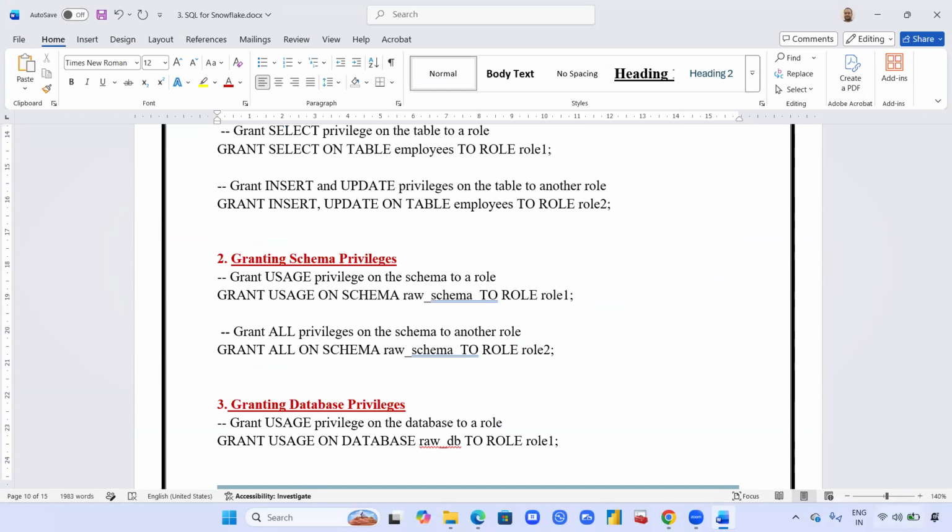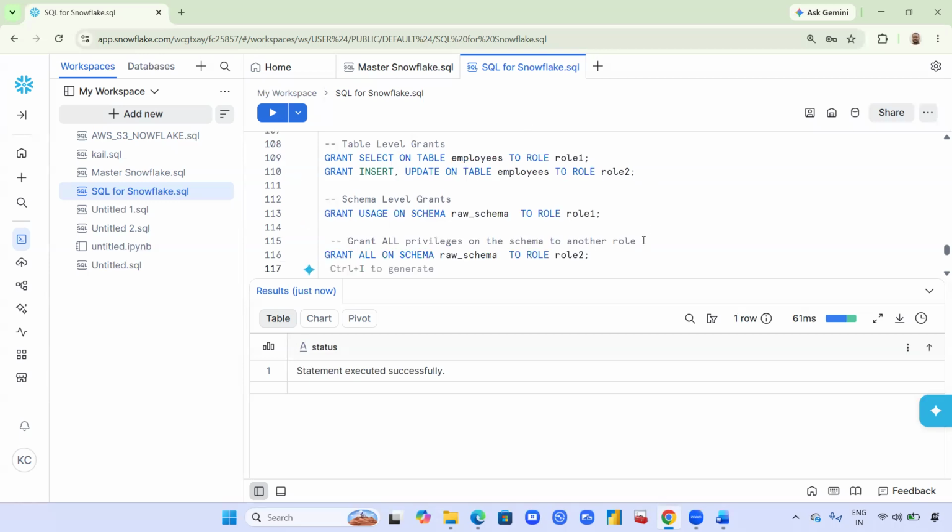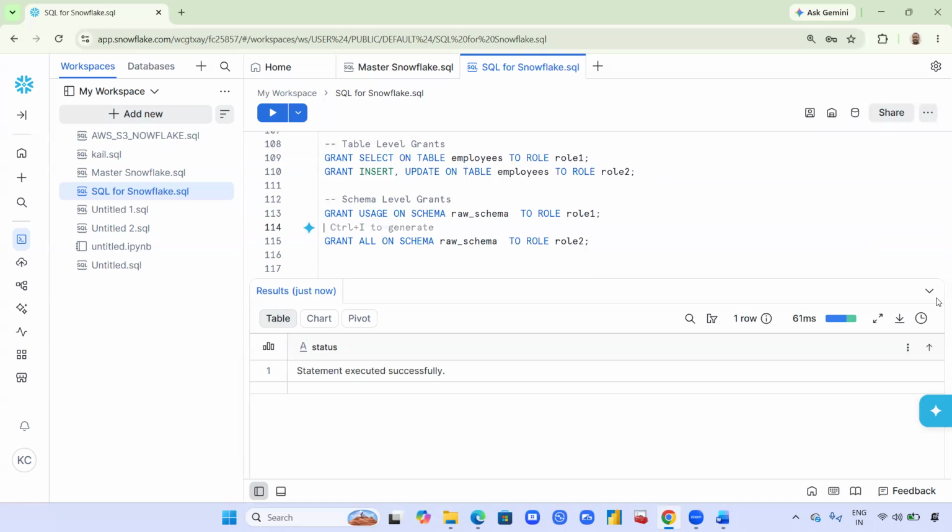And now let's see schema level. Schema level grants. Okay, let's see here. Schema level. Yeah, let me explain. So schema level, I'm using grant usage on raw_schema to